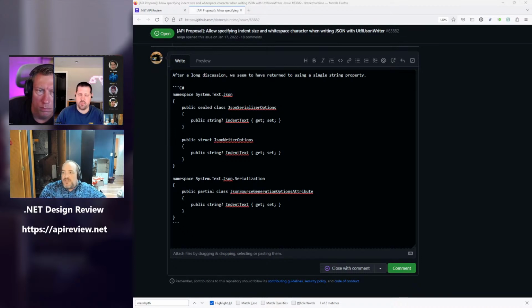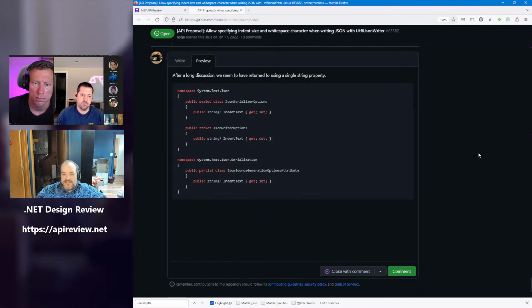If it really ends up being a problem, then we would probably just have an analyzer that says, hey, you set one without setting the other. Is this really what you meant? But we can burn that bridge when we get to it. All right. Is everybody happy enough that I don't need armed guards at my house with what's on the screen? Happy enough.